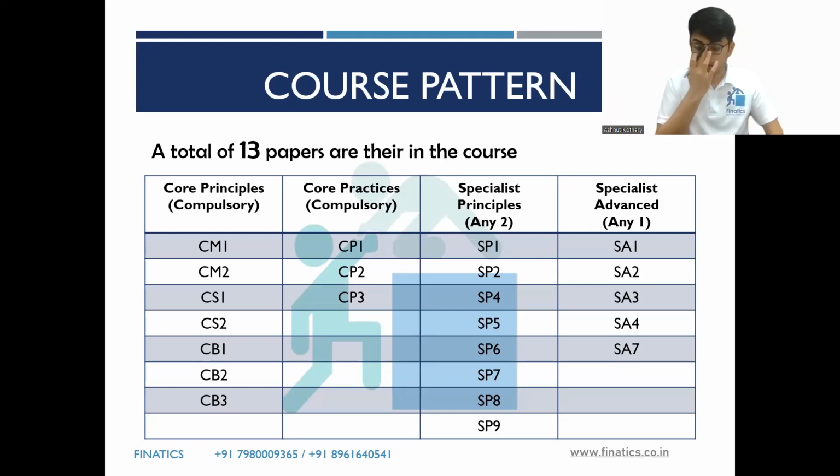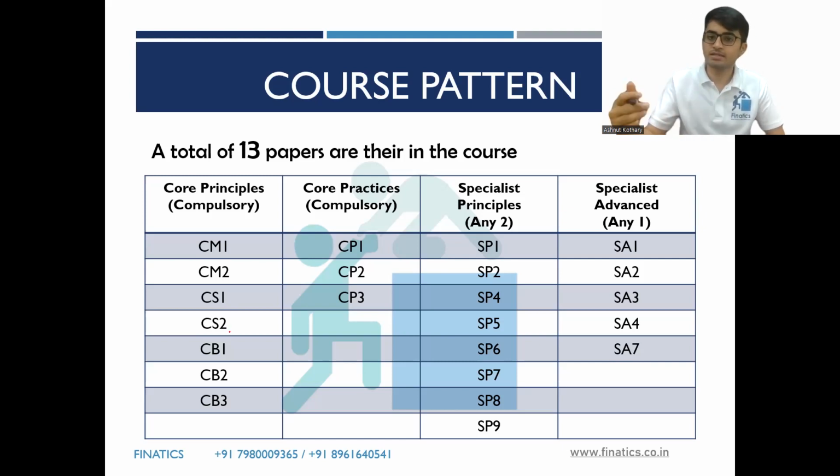For the syllabus part, just to give you a very quick high level, CM1, I will say it starts with the concept of simple interest and compound interest. CM2 is about stocks, bonds, equity, derivatives, more to do with the financial markets, I could say. CS1 is basic stats, mean, median, mode, probability, so on. It builds upon that only. I mean, there are a lot of further things as well, but just to talk about in the language you will be able to understand right now.